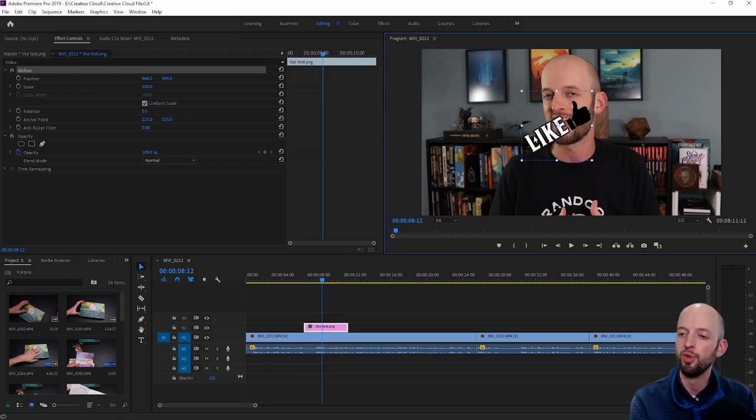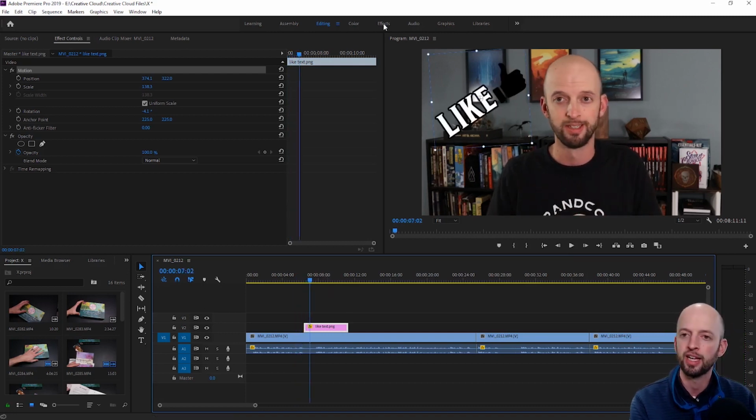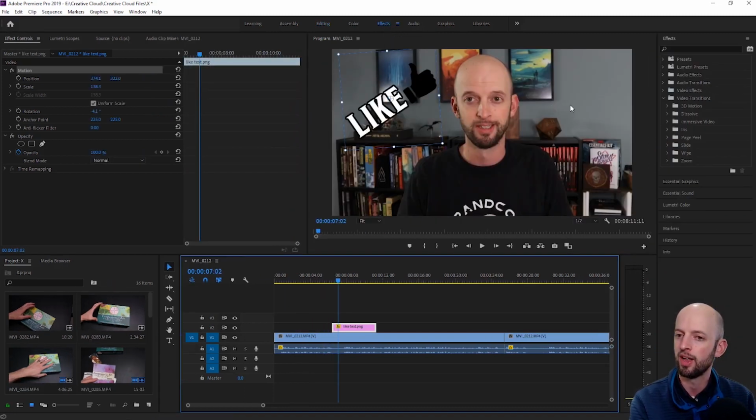Motion will allow me to move it around, to resize it if I want to, make it a little bigger. I can rotate it like this. There are all kinds of things you can do there. And let's say I also want a little transition there. I can click back on the effects, and while I have that selected, we can get a little bit of